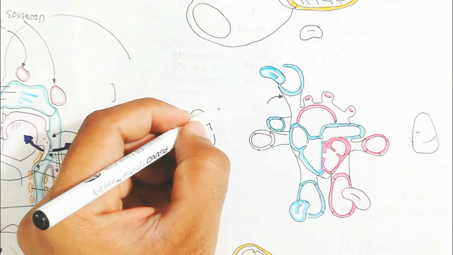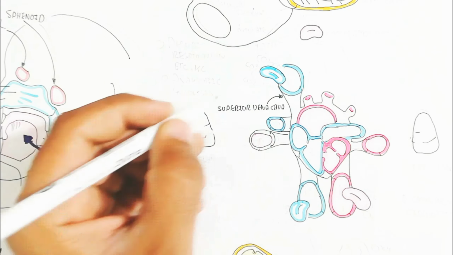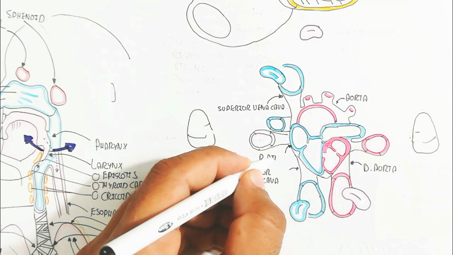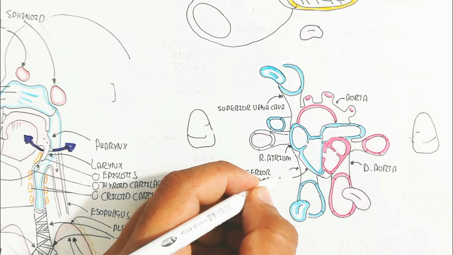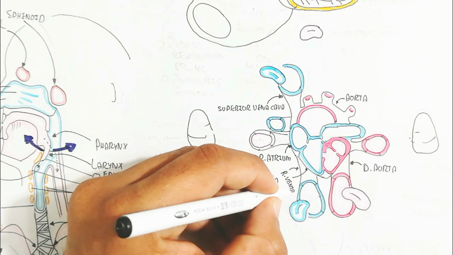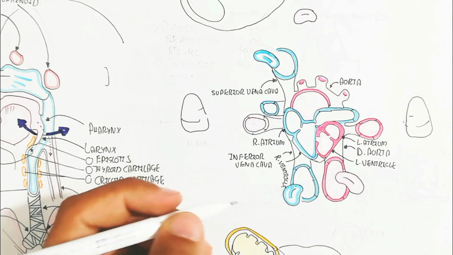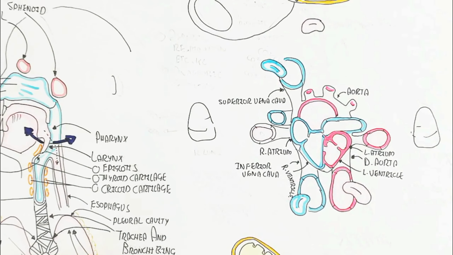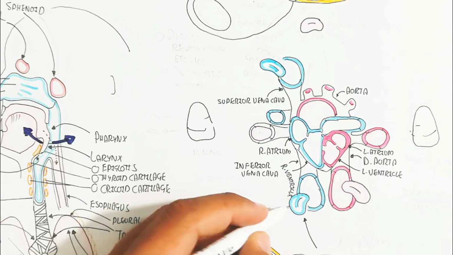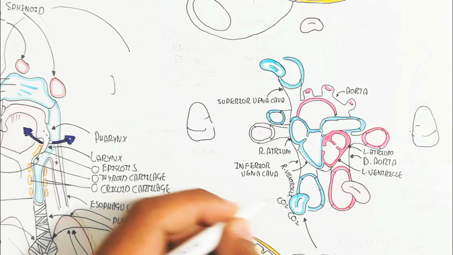Anyhow, let's begin to understand the circulatory system and how our lungs work. This is the superior vena cava, the heart, and the inferior vena cava. This is the descending aorta and aortic arch, and this is the right atrium and right ventricle, and the left atrium and left ventricle. The superior and inferior vena cava carry deoxygenated blood into the right atrium and then the right ventricle, while the left atrium and left ventricle are used for oxygenated blood moving from the lungs through the pulmonary vein into the left atrium and then the left ventricle,